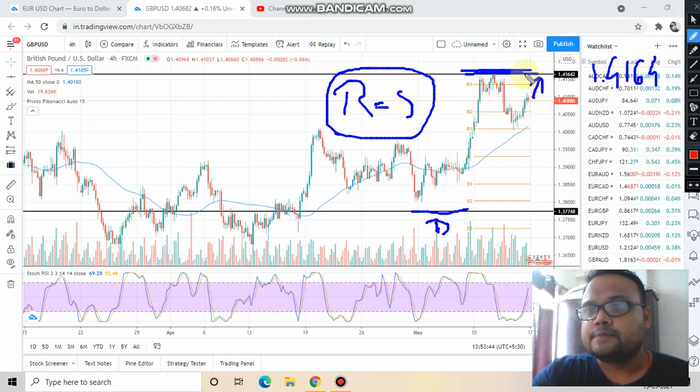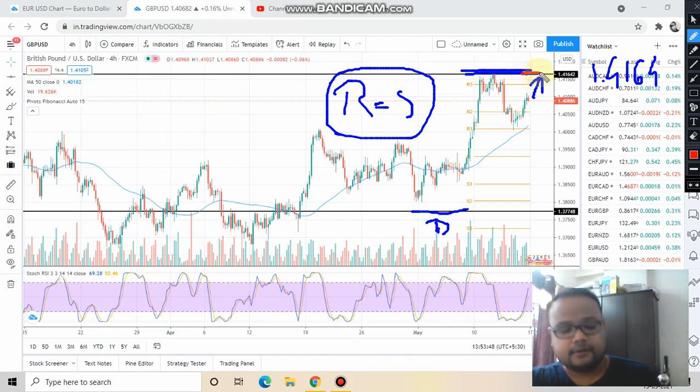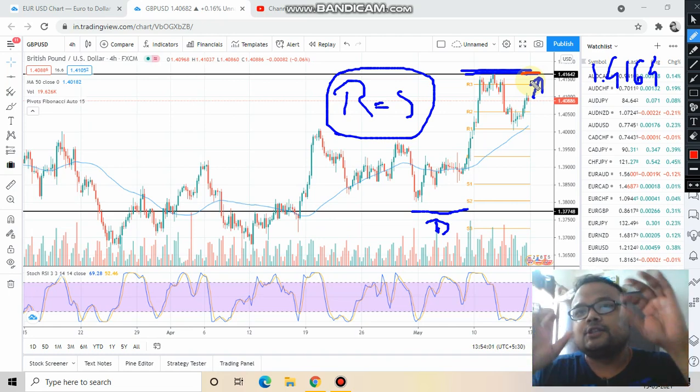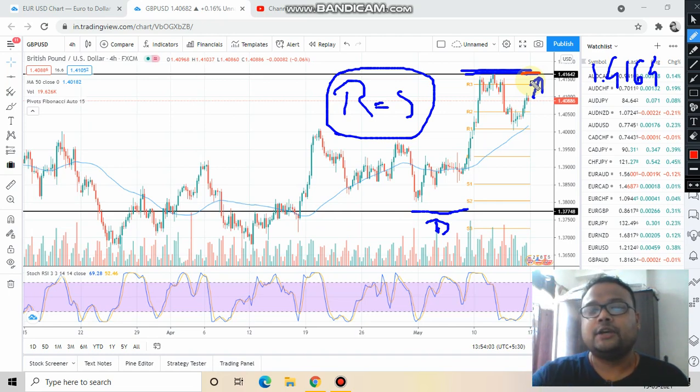On the other hand, after hitting this particular level, if you see that price is struggling, price is unable to cross the resistance, the buyers are trembling, the size of the candles are getting smaller, price is very much in pressure, then you'll get the confirmation that yes, sellers are still very much dominant at this price level and they will not allow the market to go up. In this case, you can short the market.